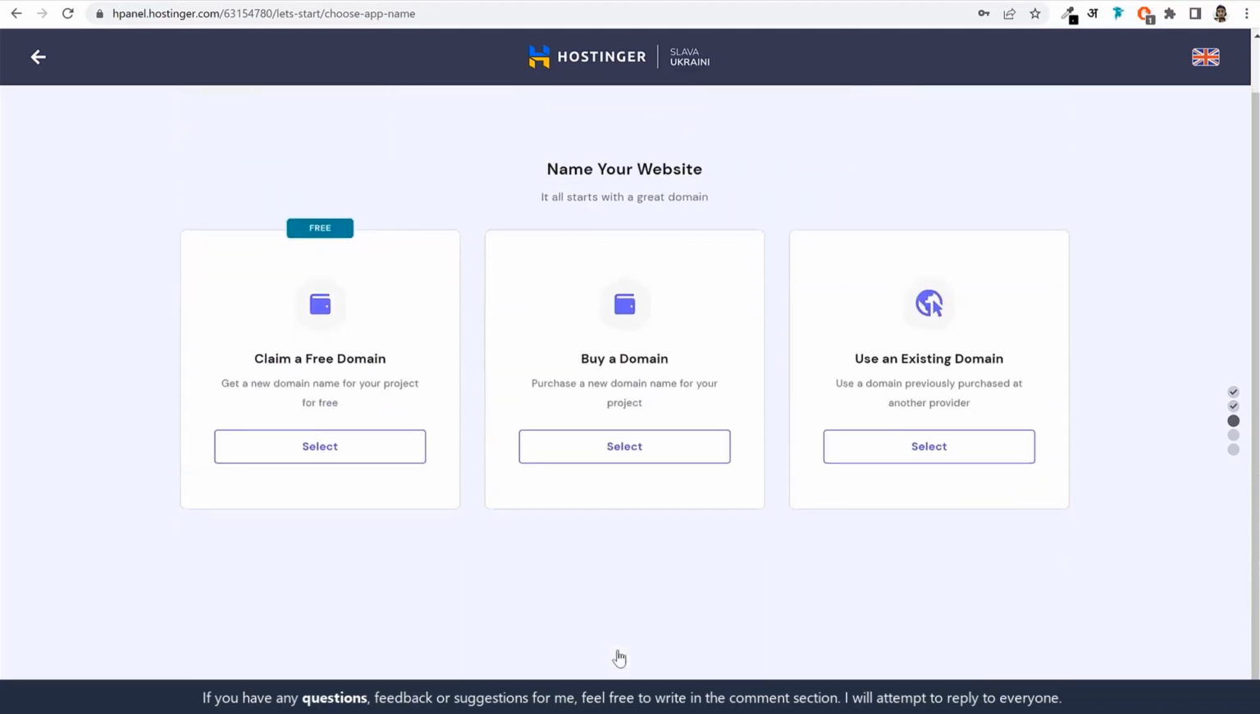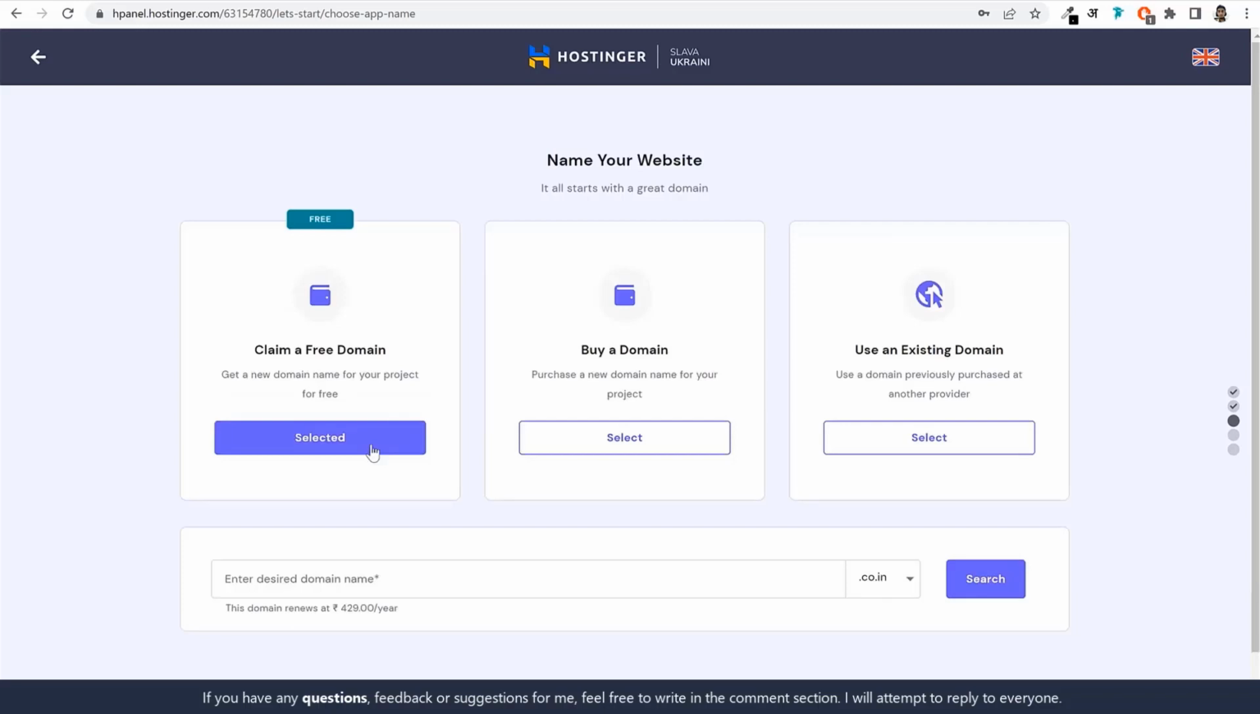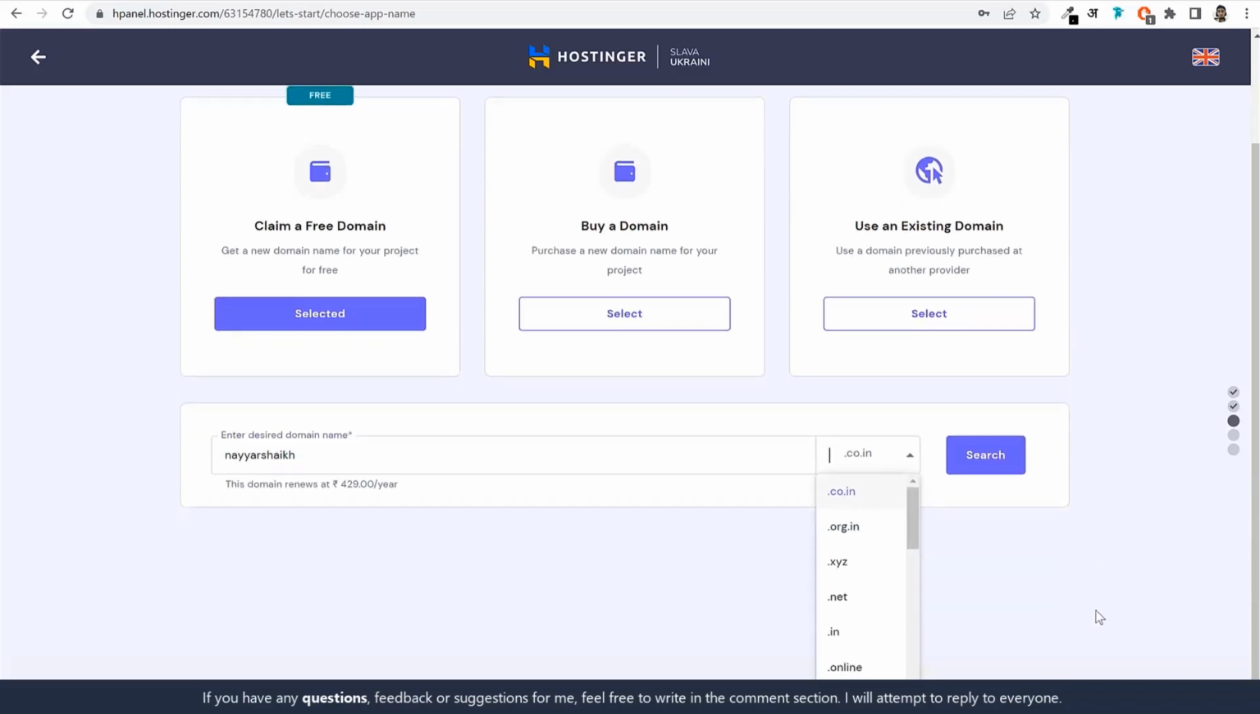And now it is time to select the domain name. There are three options. First is to claim a free domain. As I said earlier, you'll be getting a free domain. Second is to buy a domain, and third is to use an existing domain. If you already have a domain name registered on some other website, maybe on GoDaddy, Namecheap, or some other website, and if you want to use that, then you can use the third option, use an existing domain. But I would recommend you to first select this option, claim a free domain. First get your free domain, and how to link that GoDaddy domain with Hostinger, I'll show you in the next step. So first select this option, claim a free domain, click on select, and now type in the domain name